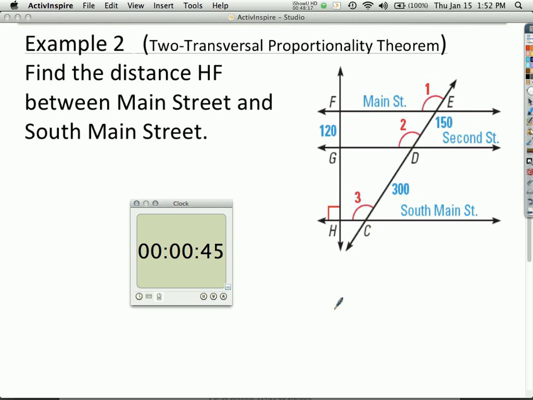Yeah, it's 3 parallel lines. UW over YW, right? So imagine the UW being ED and the YW being DC. ED over DC. So is it over GH? No, G. And then you find AHF. I got 360, let me know if you got